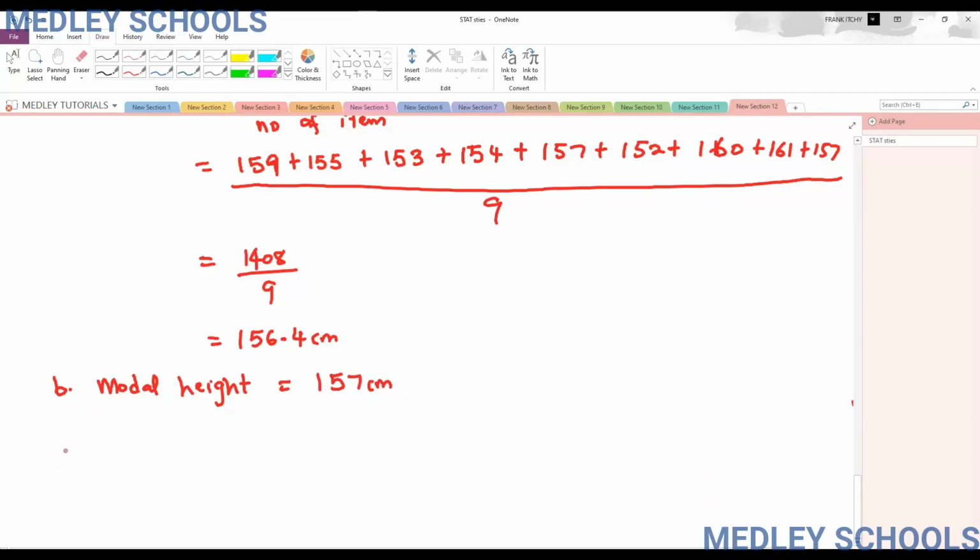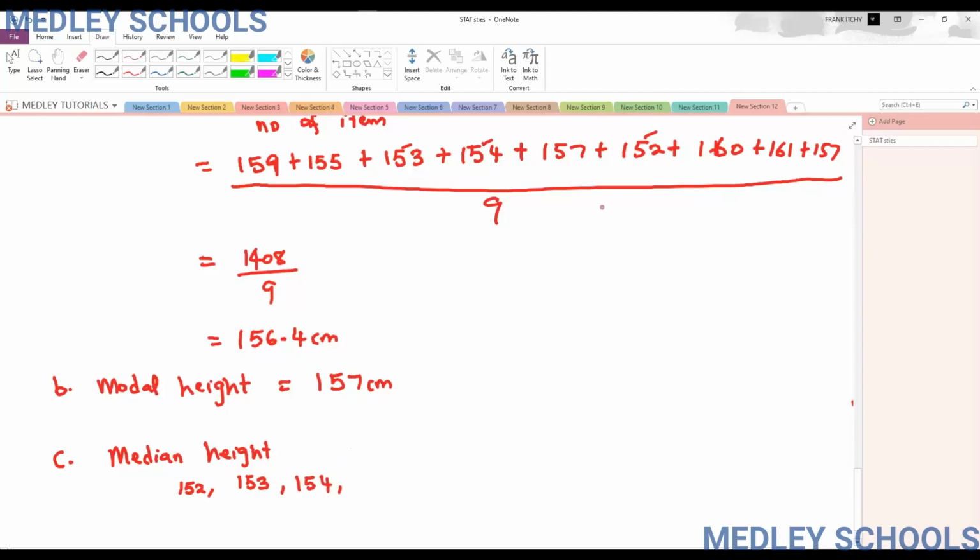Now for us to find the median, you know that we must rearrange first, either in ascending order or descending order. Now I have the smallest number there, which is 152, so I will pick and mark. So I'm picking 152, then there is 153, the next number is 154,